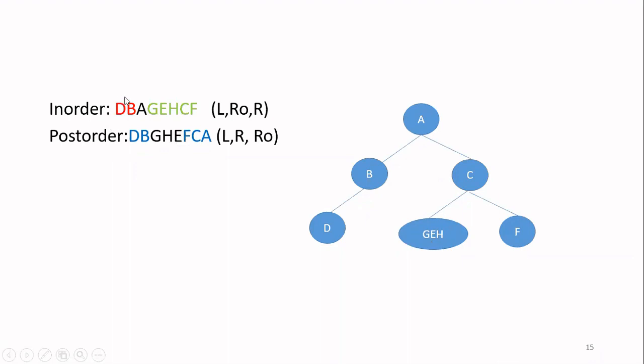Then go to the in-order, then see out of G, E, H which comes to the left and which comes to the right of E. That is the identified root. So here E is in this and G is to the left and H is to the right. So I have to construct the subtree now. E is identified as a root node, G is to the left of it and H is to the right of it. Now if you see, all the circles are having only one node. So I finished the construction of the tree.